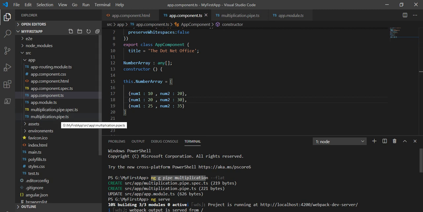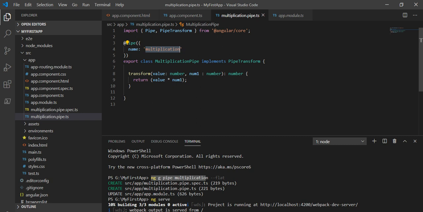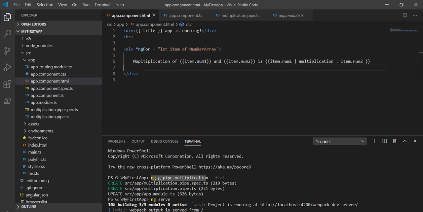In the pipe.ts file we give our logic: in the transform method we pass the parameters according to our logic, write the return type, and based on that write the logic. Then in the HTML file we use the custom pipe, like I used multiplication, which takes a number. That is all about the custom pipe in Angular 8.